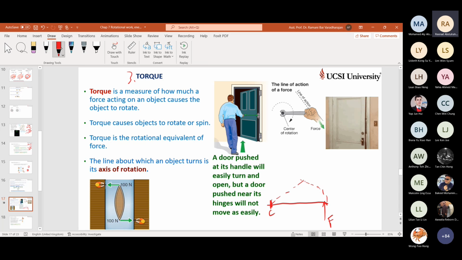This is open and here is a hinge. When you draw the line sketch of this one, this is perpendicular. Force is perpendicular to the movement of the door. Clear? Same goes here. Hence, you need one force, one lever arm. We say this is the lever arm, whatever the name. Later I will explain to you.